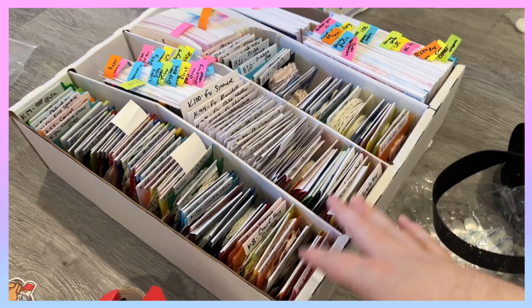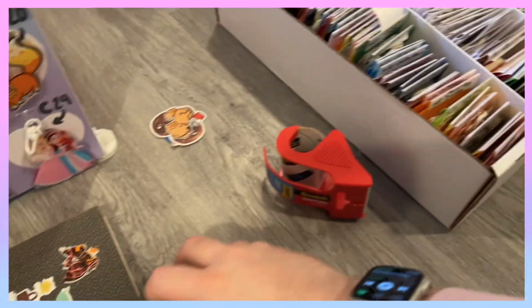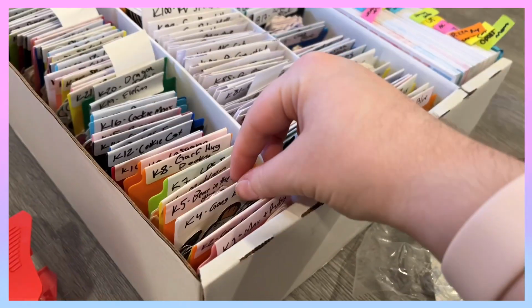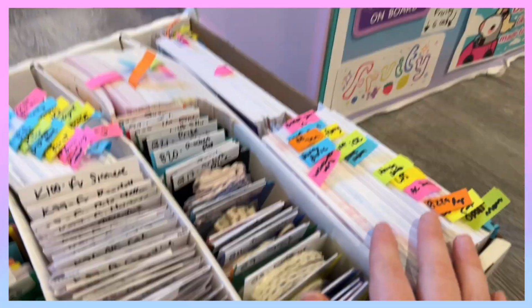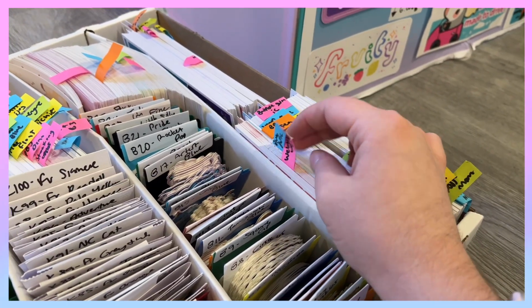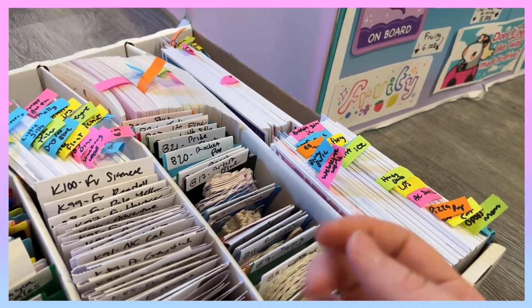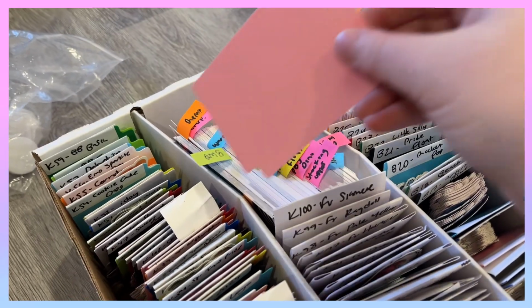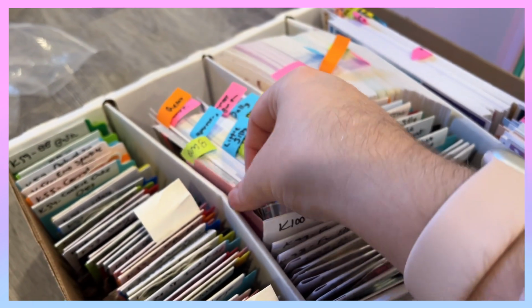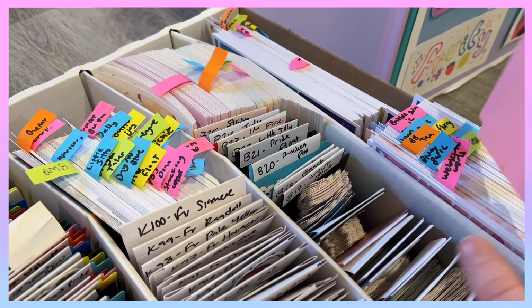Also, for my stickers, I use these trading card dividers and I fold a label sticker over the top and then I label so I know which stickers are where. For my prints, I've just been using these stupid little note-taking sticky notes, and they're small and they keep peeling off. So I got more of the trading card dividers, and I'm gonna see if I can stick them down here